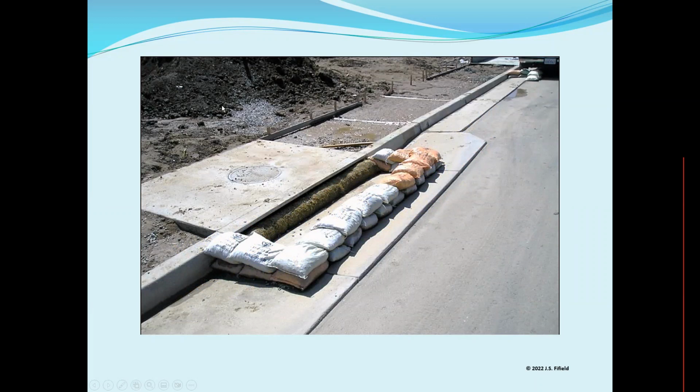Where did it come from? Well, it doesn't take much imagination to see that it came from behind. Where did it go? Right into the inlet. And here we happen to have a straw wattle. Remember what I said about the fact, if they float, they don't work. It's as simple as that. But I want you to concentrate on how those bags are laid out. Notice they're one on top of the other. Well, that was something that indeed